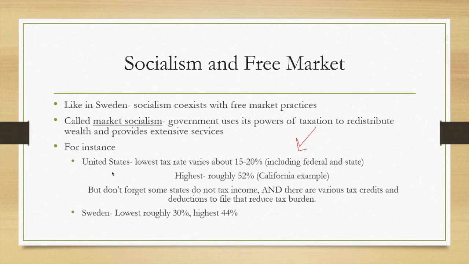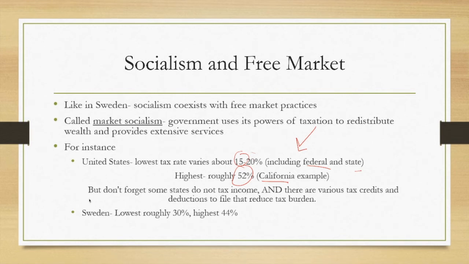Now, in the United States, we have varying tax rates. We have progressive tax. So lower income wage earners do pay a lower tax, which can equal, when you're combining federal and state, about 15-20%. Some of the highest states, like California, for example, have quite a bit, not just state income tax, but also some property taxes and inheritance tax and different kinds of taxes that are involved for high income wage earners. Roughly, and that's an estimation, because there are so many varying municipality and state tax rates imposed, it can be up to 52%. So California does have a pretty high income tax rate for its highest income earners.